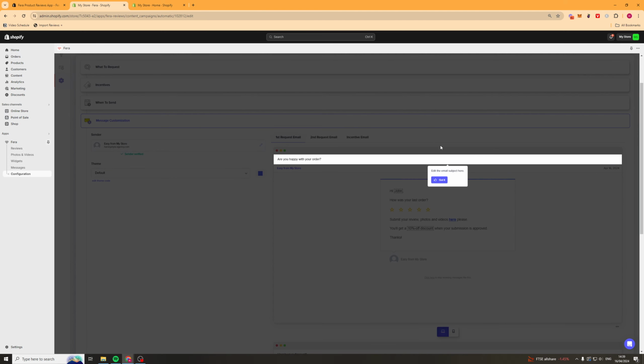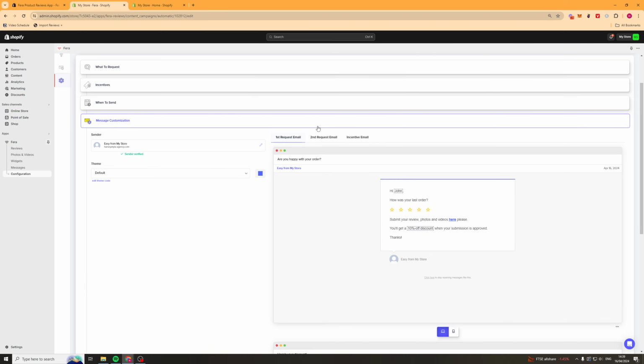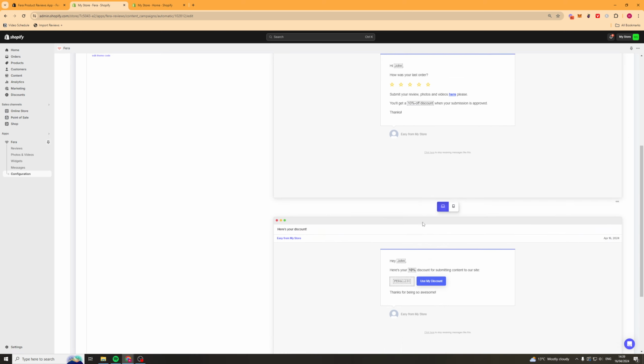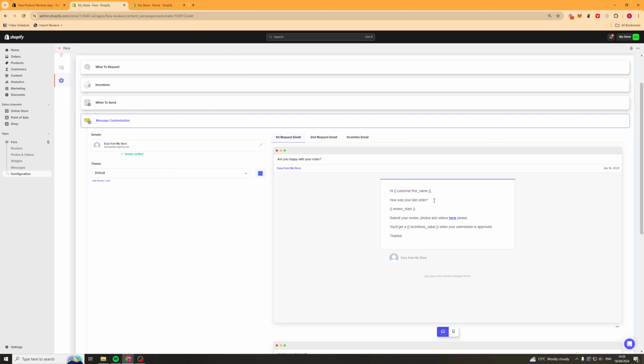And then finally, in here, there's like a little email builder here, and you can go ahead and customize the theme here. And you can go ahead and just customize the email in here to change it how you like it to. You can see here we've got some dynamic tags as well. So the dynamic tags will change based upon the customer's information. You can change the subject line in here,